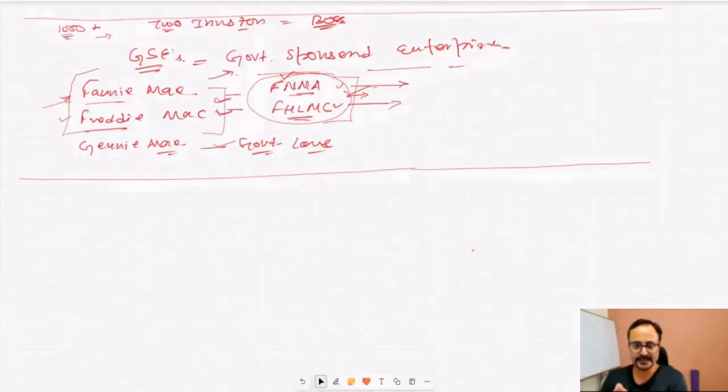So it means that lender can sell the file to Fannie. All the lenders may or may not be approved by Fannie. But if anyone wants to sell their loan to Fannie, they need to sell it to someone who is already approved with Fannie. That is how this business runs. Let's say I am a lender, but I'm not approved with Fannie. I can only do Freddie Mac loans because I got my license from Freddie Mac. My lending has been approved by Freddie Mac, so I can only give